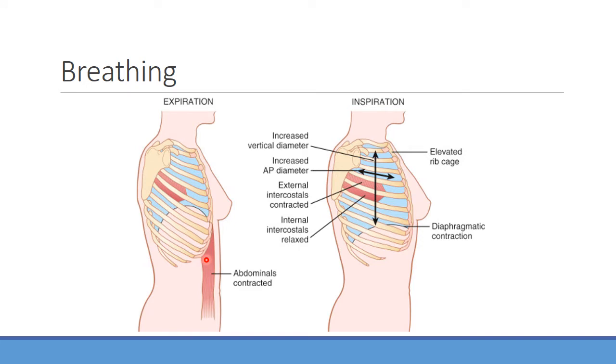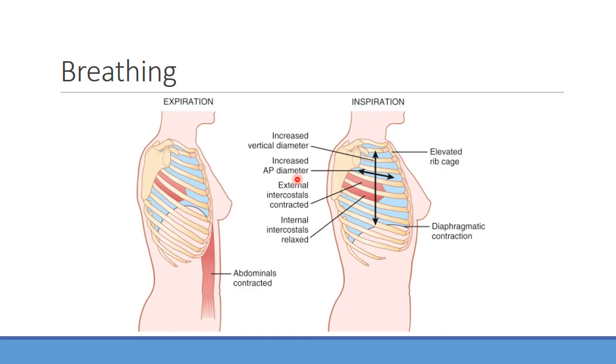As it pushes up, it's dome-shaped as its natural conformation. When you have the abdominals contracted, that can also force out additional air. So when you have a forced expiratory phase, you're going to have those abdominal muscles contracting. On the other hand, when you have inspiration, you have the diaphragm contracting to pull down to increase that lung volume. You're also going to have the rib cage elevating, so this helps to increase the